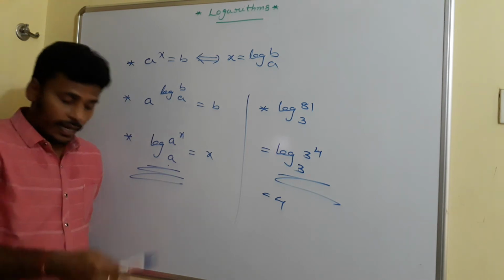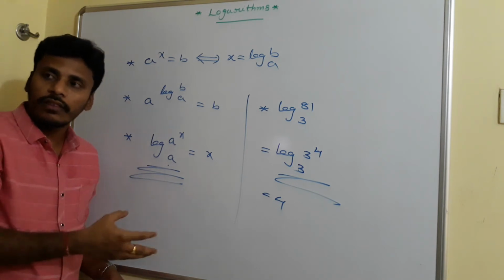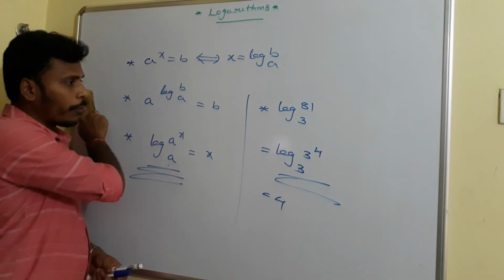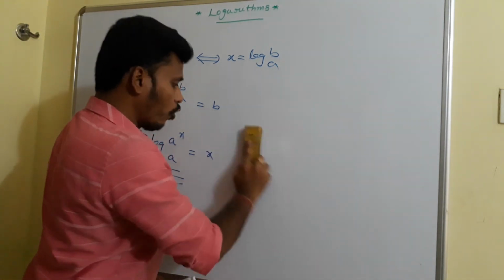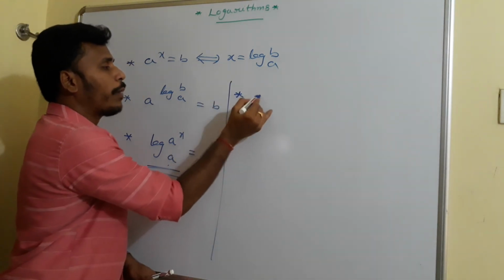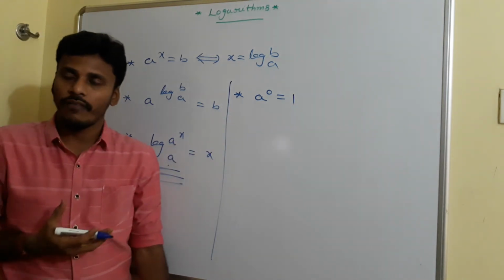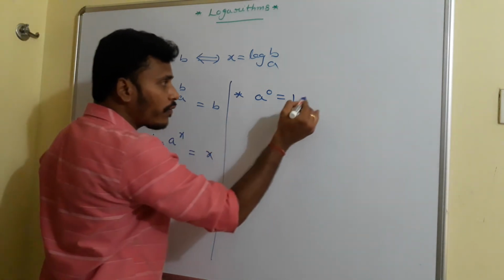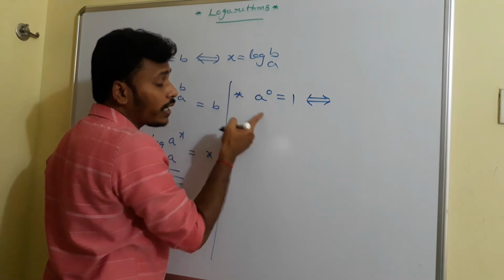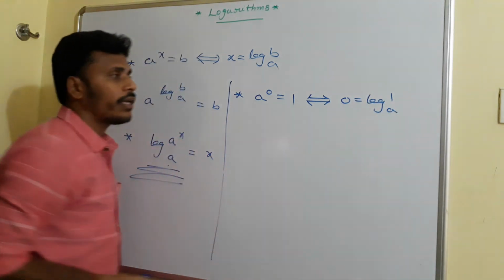Okay. Now, these are the basic fundamental laws. Along with this, we have two more basic laws and then many other laws also. Now I am going to tell those laws. Suppose you know that a power 0 is equal to 1. Anything to the power 0 is equal to 1. We have a very clear idea from the exponents. Since a power 0 is equal to 1, if you convert it into logarithmic form, you just need to send that a to this side. It becomes 0 is equal to logarithm of 1 to the base a.